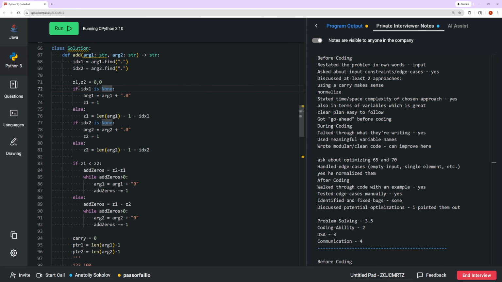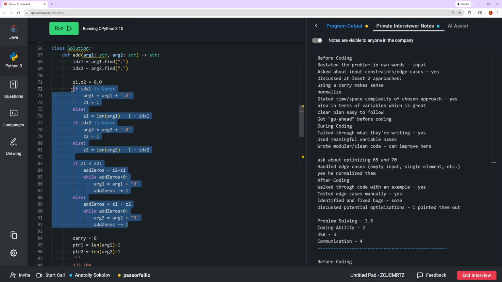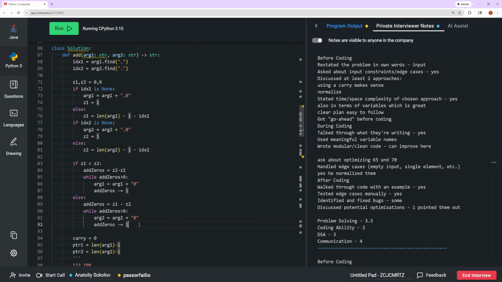You could have even done more here, where you didn't even need these indexes as none. You could have had some easier way to write this as well. And also, I think this whole thing honestly could be cleaned up into like half the code. But obviously you don't want to overcomplicate it. And the other big thing, and I think this trips a lot of people up, is in Python, strings are immutable, so doing the while thing is not